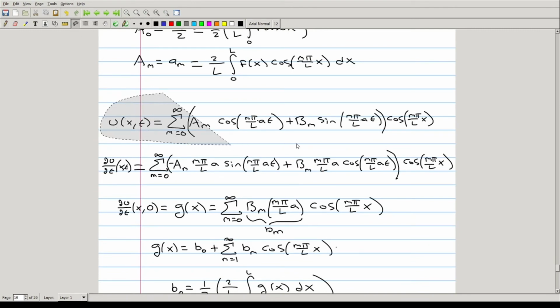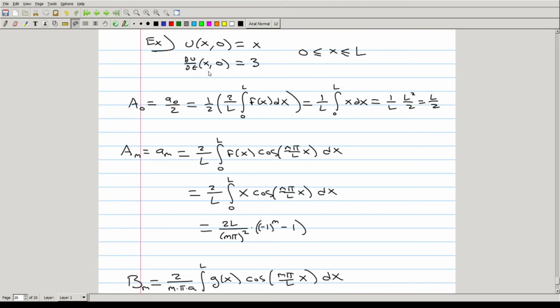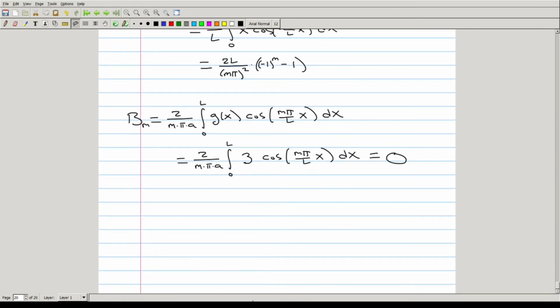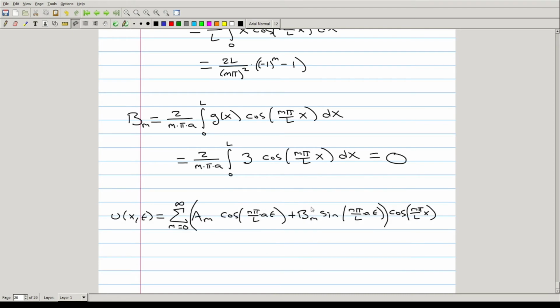So the solution to the wave equation as a function of x and time in general, for these specific initial conditions, is the infinite sum where Bm is 0. This entire term in the sum is 0. And then Am for positive m,